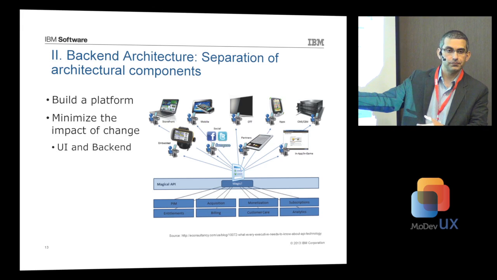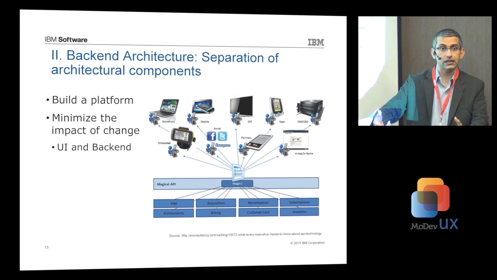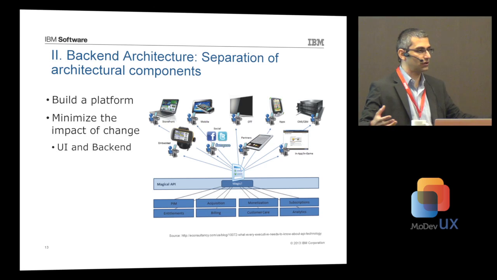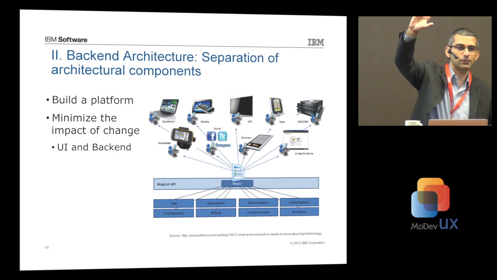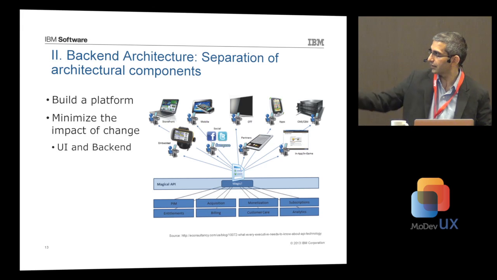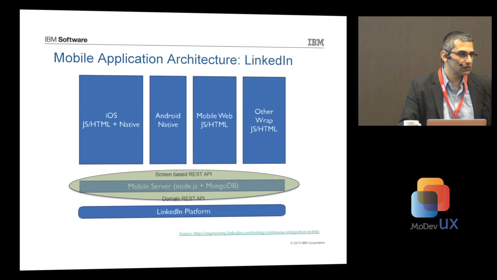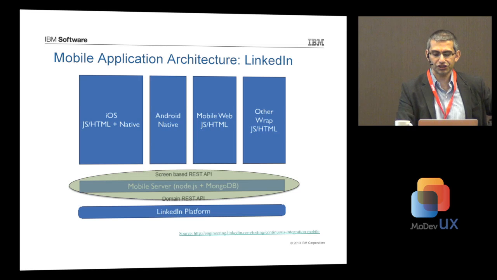So build a platform, whether you use an app server like Worklight, or I think the App47 guys have something like this also. Quite a few out there. Or you just build an API. Use Mashery or Cast Iron from IBM and build an API for your backend systems, and then your mobile apps just talk to the API. You can separate your UI from the backend, just like LinkedIn did by putting in that mobile server in the middle. This will allow you to separate it, but it also brings me to the third decision, which is your